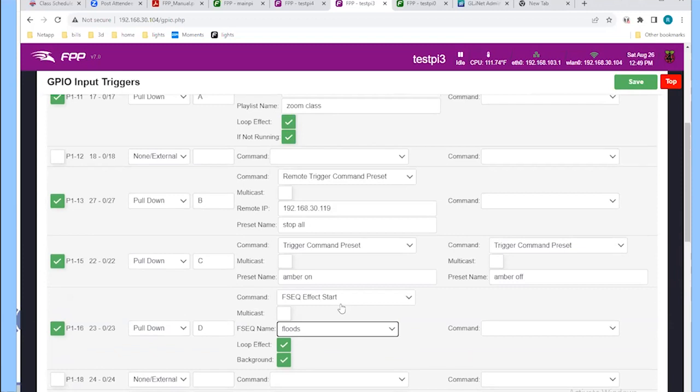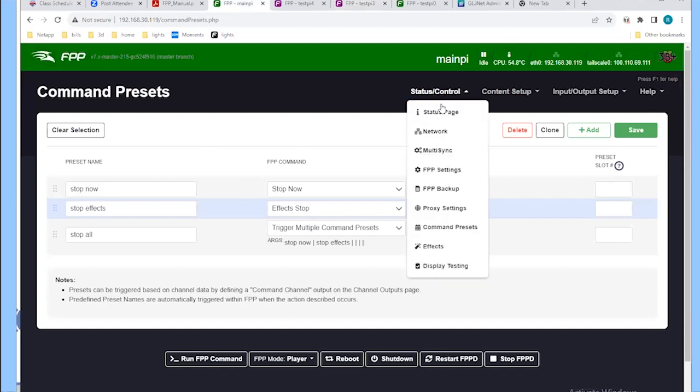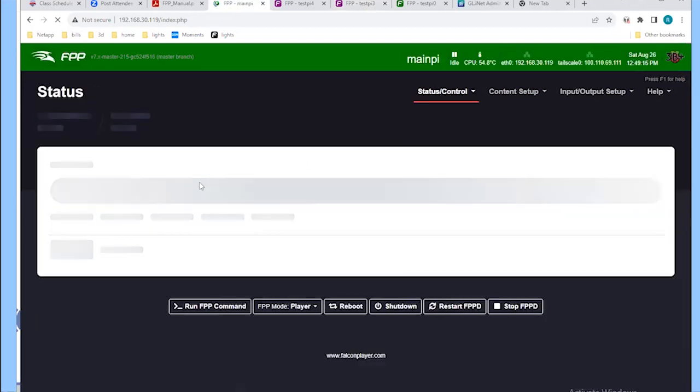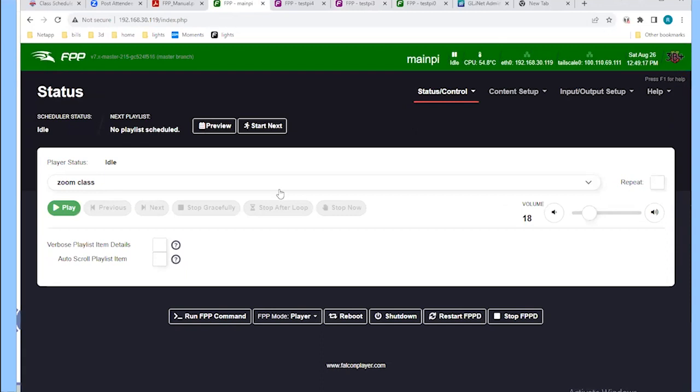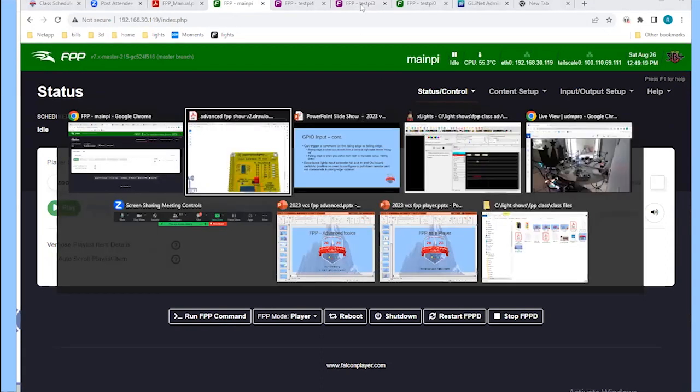Because I'm not actually at home, I can't push the buttons, but we can certainly run these commands and take a look at their net effect. Go back to the status page here real quick. We can see that nothing is playing. So if I come back to my Pi 3,